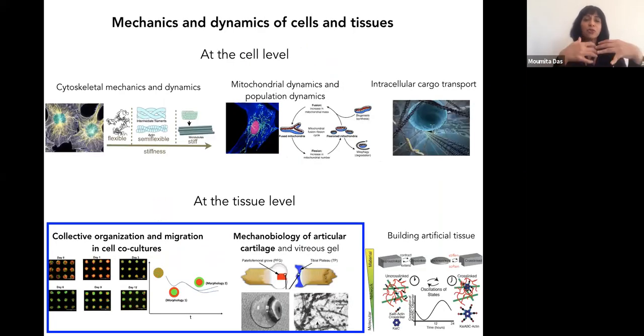And in my group, actually, we are looking at mechanics and dynamics at the level of cells, as well as at the level of tissues, and looking at a number of problems. And today I'm going to talk about mechanical response of tissues, but I will focus on two different types of systems. I will focus on tissues that are mainly made up of this extracellular matrix, and sort of our model system here is cartilage tissue. And then I will talk about tissues or tissue-like systems that are mainly made up of cells, and I'm going